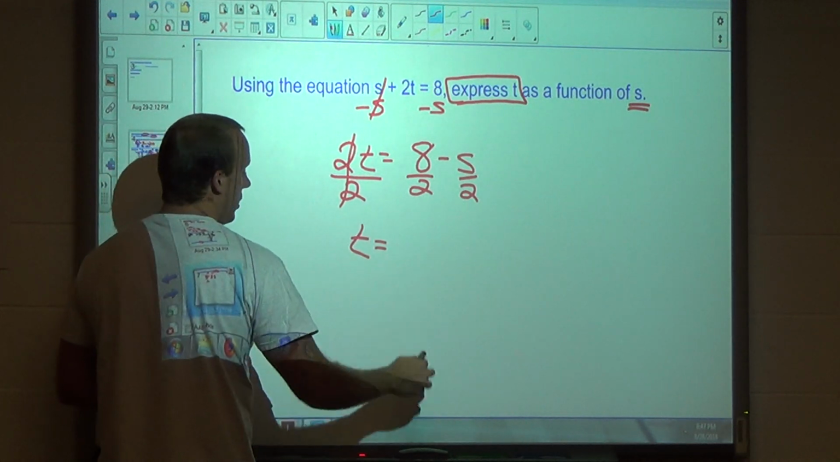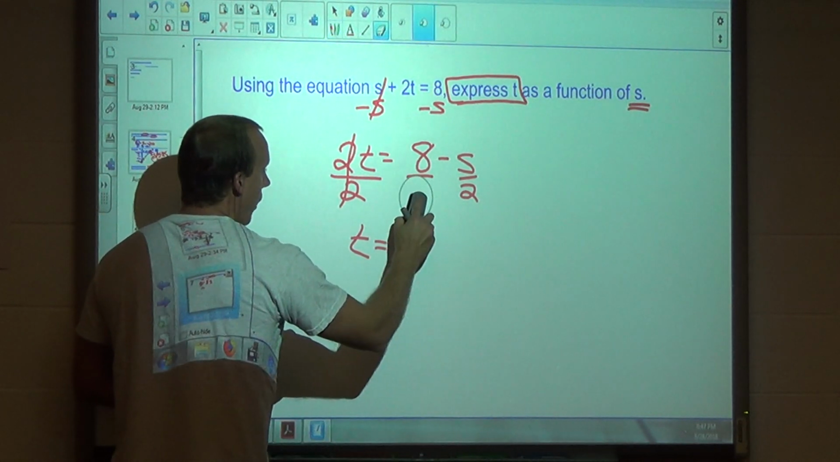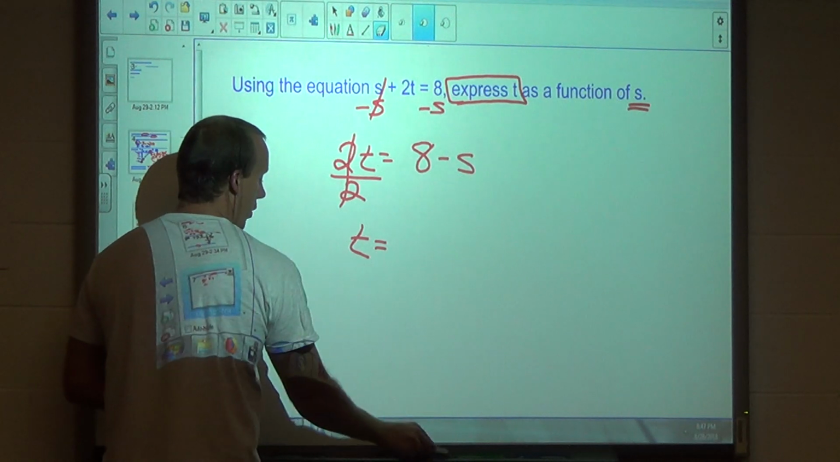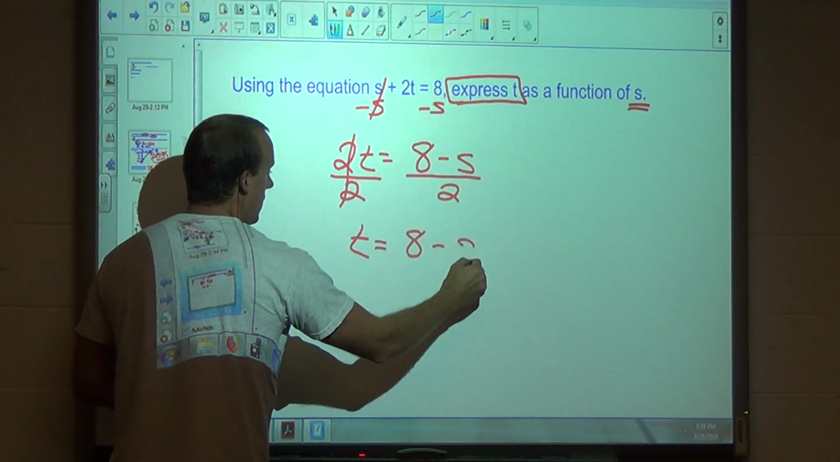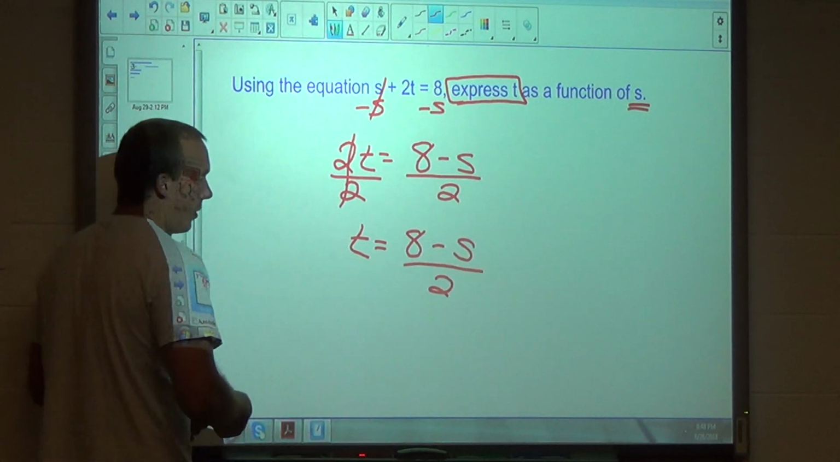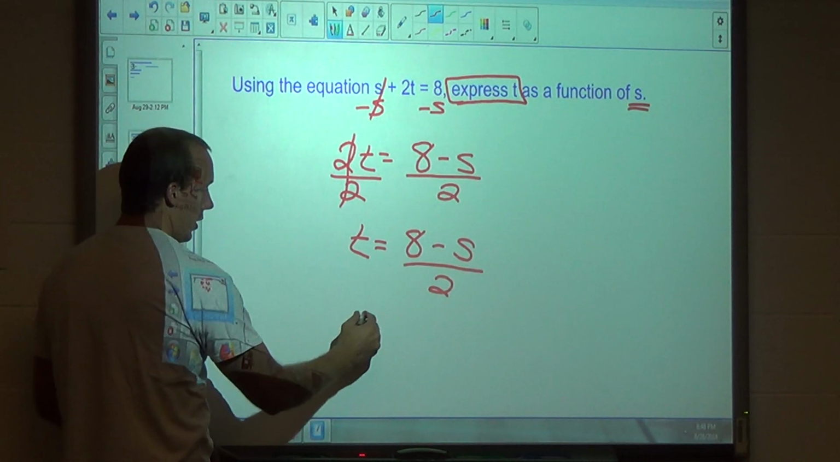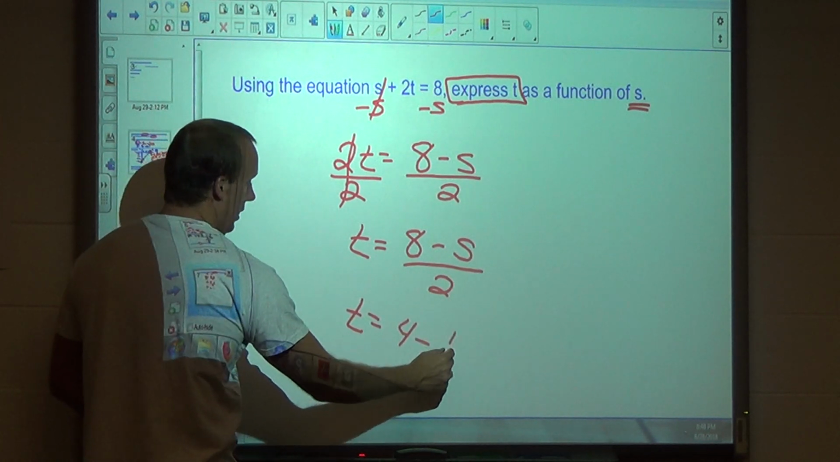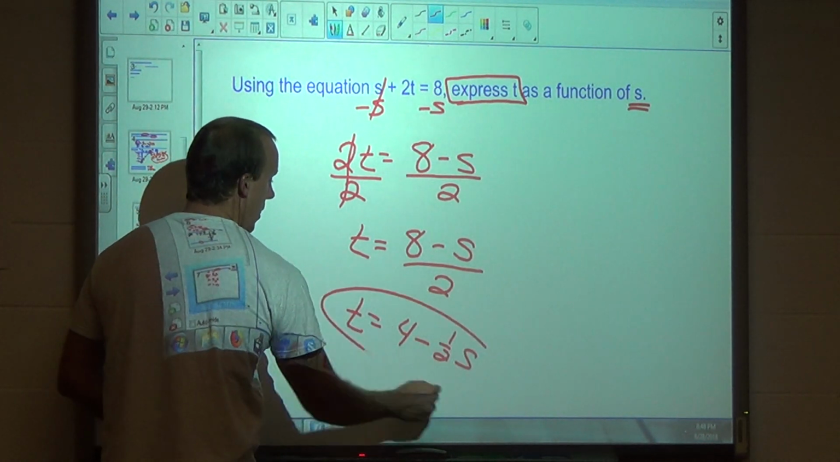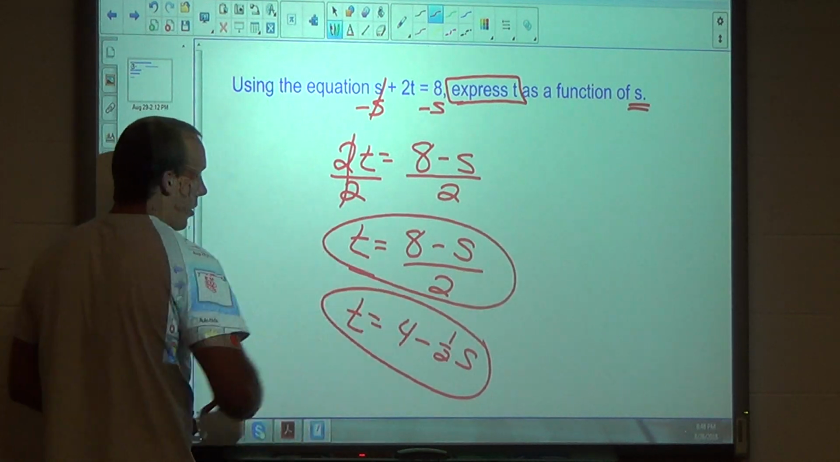So t equals, and actually if you want, you could just probably do 1 division by 2 with the whole thing if you want. So 8 minus s all over 2. Okay, you can leave it like that, or you could divide each one separately and it'd be t equals 4 minus half s. So either one of those